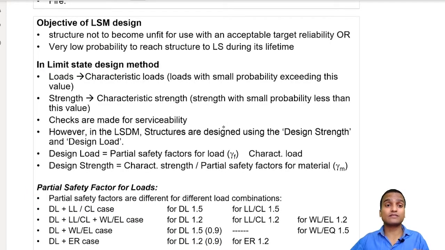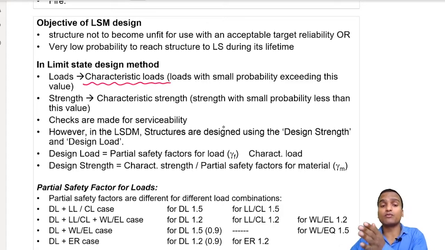So now let us discuss the two very important objectives of the limit state method. First, the structure does not become unfit for use; it remains serviceable. And second, the structure does not reach the limit state during its entire lifetime. So what we do in the limit state method is that we consider the characteristic values of loads,